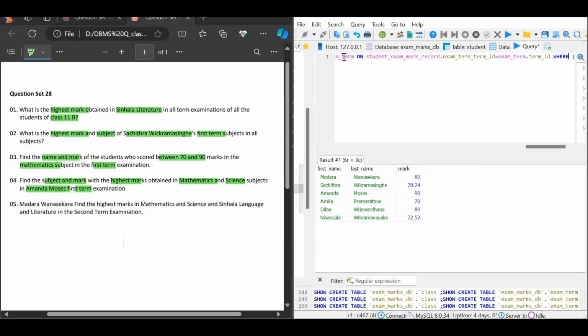And then at last we can use the where clause, and we can give the first name of this student equals to, inside the quotation marks, the relevant first name. And here we can use the and keyword, and then we can give the last name equals to, inside the quotation marks, the last name of the student. Again the and keyword, and inside the curly brackets we can give the term name equals to, inside the quotation marks, the first term, and we use the and keyword here again,